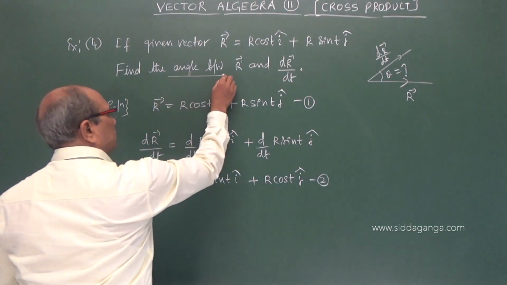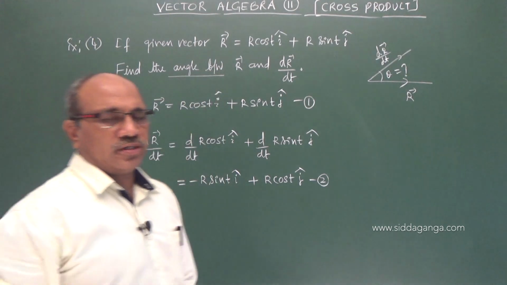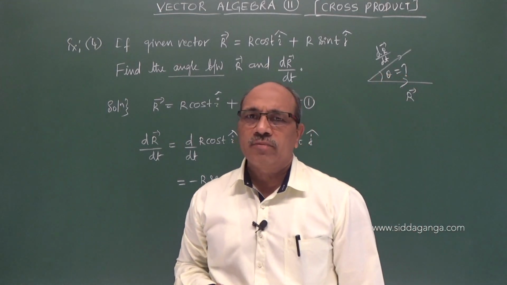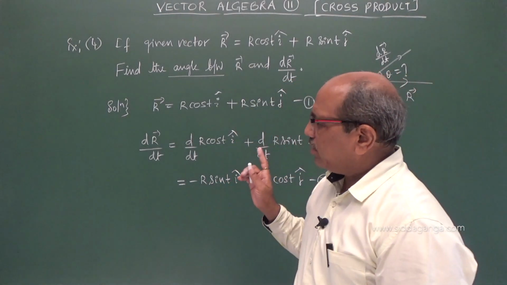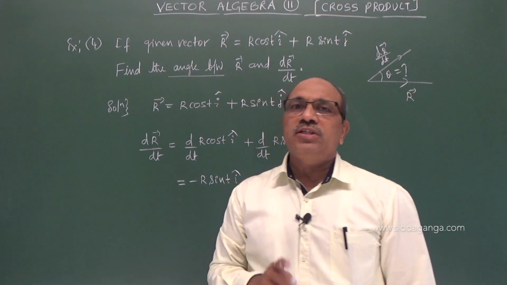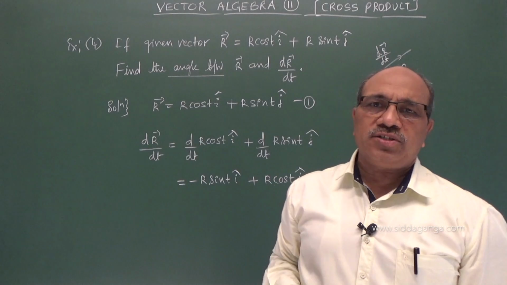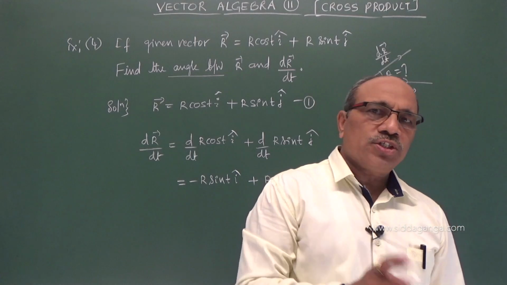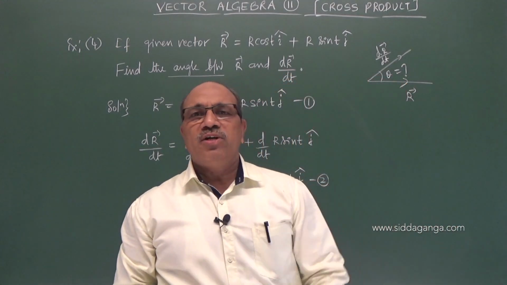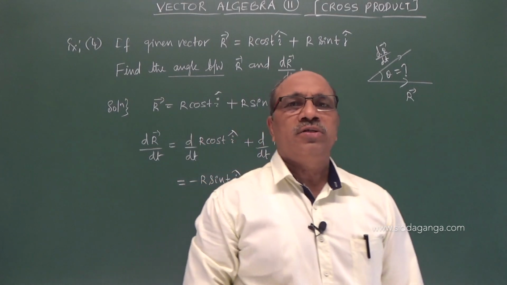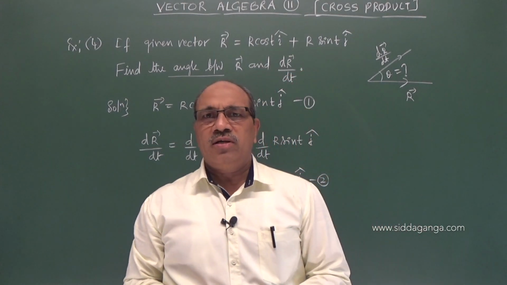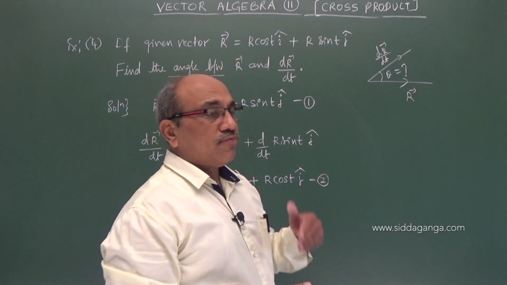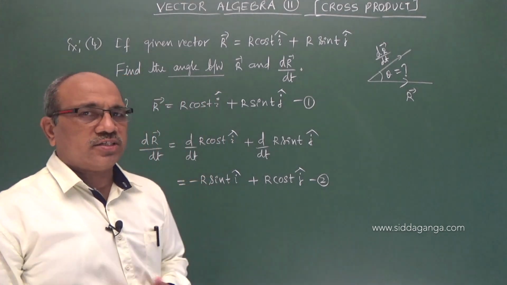Once they ask the angle between them, go for the dot product. Because I told you two applications of the dot product in physics. Number one is it is used to find the angle. Number two is maxima and minima of a function. First derivative, put 0, get the first derivative value. Then to verify maxima and minima, find the second order derivative and confirm whether it is maxima or minima. Putting 0, we get one variable or both coordinates can be obtained, or the function where maxima and minima can be obtained is available.